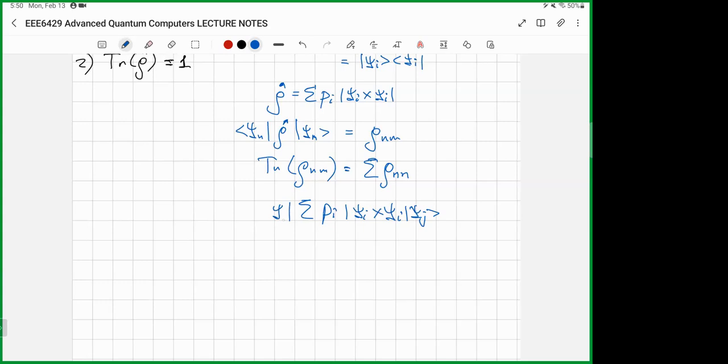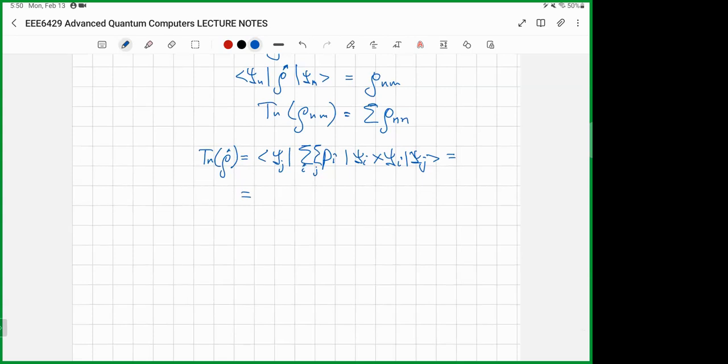The same index, because I'm finding the diagonal elements. So it will be the trace of rho like this, and of course another sum. One sum runs over i, another one runs over j. Right, so it is equal to